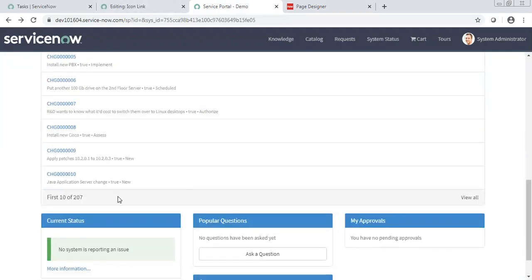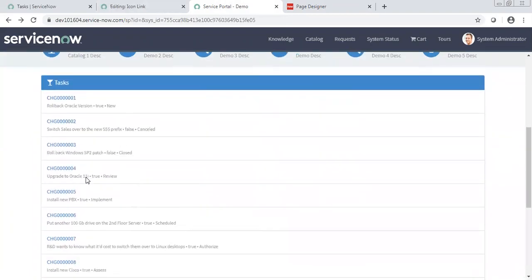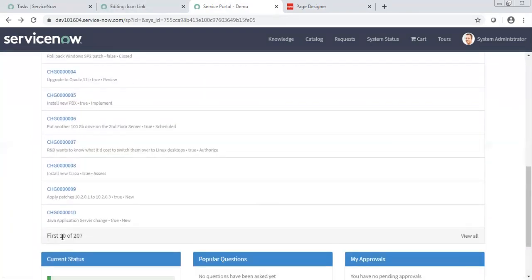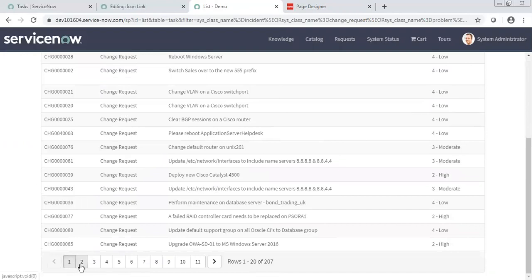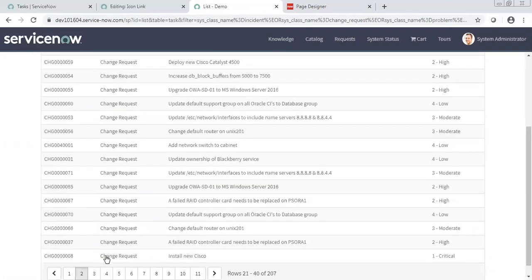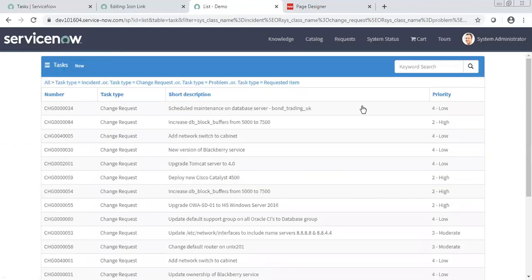And if you remember, we defined how many records the list will display. We said 10. That's why it's showing the first 10. If you click view all, then a new list will open and it will show it in the page form. So you can navigate to different pages and see. And here again it provides you the search keywords. When you go to this list page, you will see the task number, task description, and all these things.